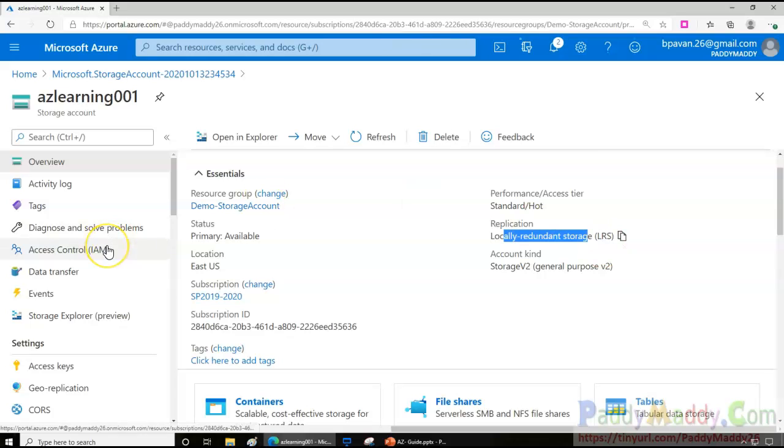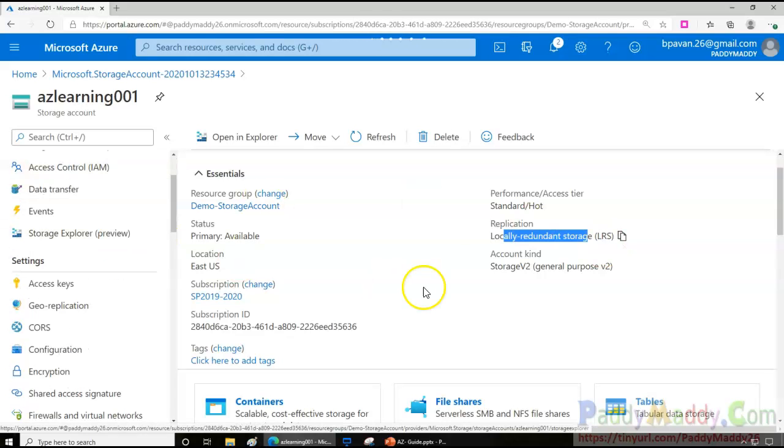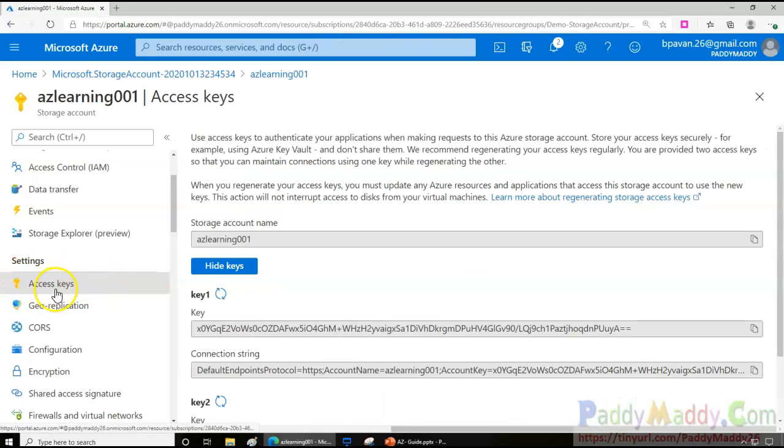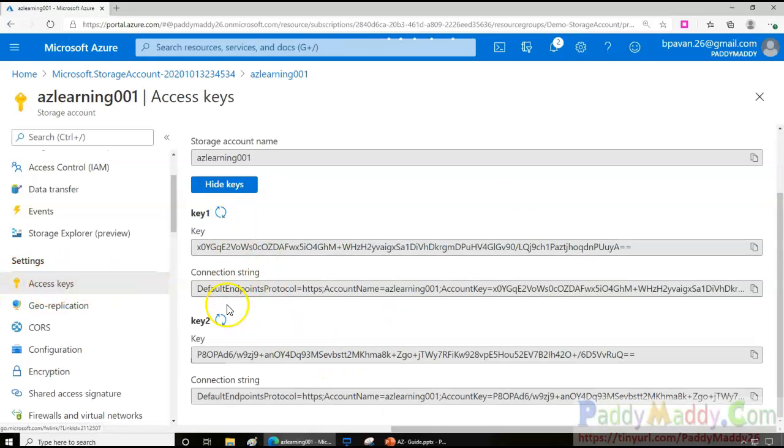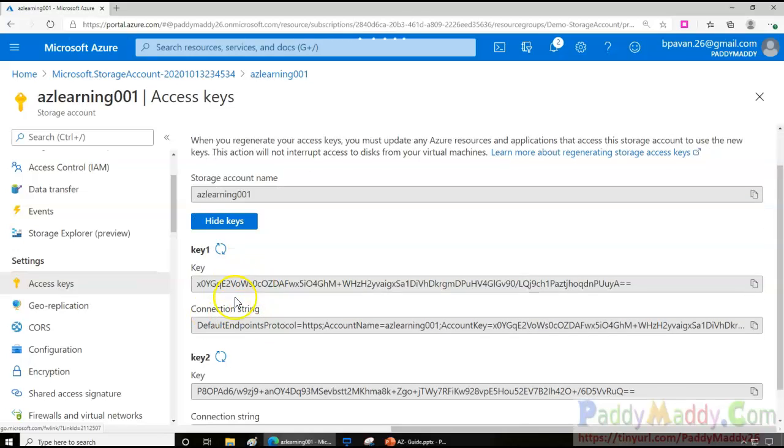Later point if you want to change, you can do that. And to access the storage account, you have an option for access keys. These are the two keys which are available. One would be, we call it key one, which is the primary, and key two. By using these storage account keys, which are like a password for your storage account,